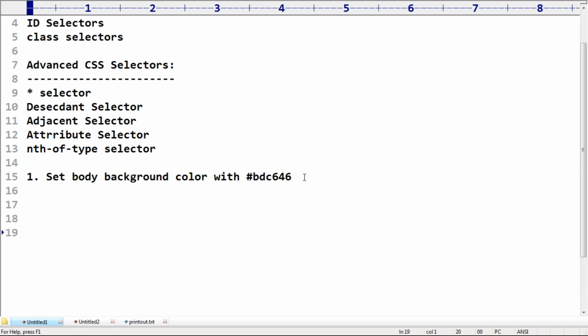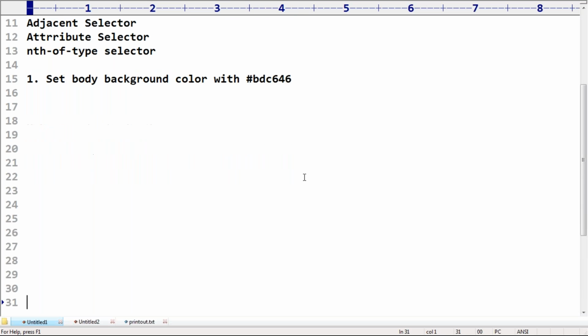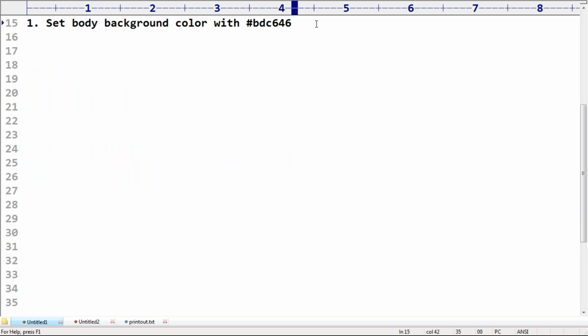Anyone? Can you please tell me in the CSS what code I have to take? Please respond. Already you should have some idea. The total body background should be this color. In the CSS, what do I have to take? The body tag element. This is the element selector, right? Next, background. Are you getting background? Sir, what is the color we have? It is nothing but this color. Are you getting background like this, right? This is the color we have. If you can set this one,